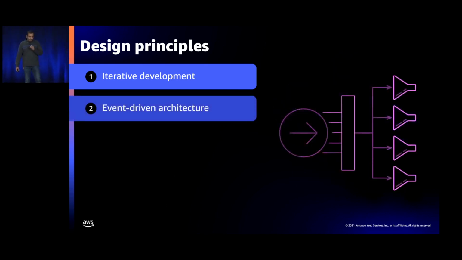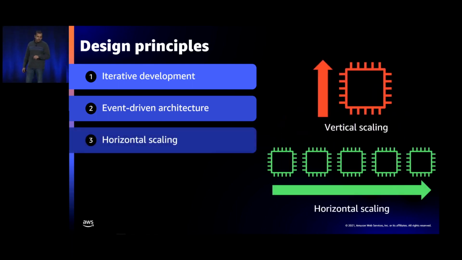The next one was we focused on event-driven architecture. We found that most of our systems did not need real-time request and response. So we pre-computed more and more of the data to get it cached into the systems so that the online compute was lesser and lesser. Third, we did not want to box our business into a box. We had to scale horizontally. As the business grew, we did not want to over-emphasize and over-optimize within a host. We should be able to throw hardware at things, and that should scale horizontally.